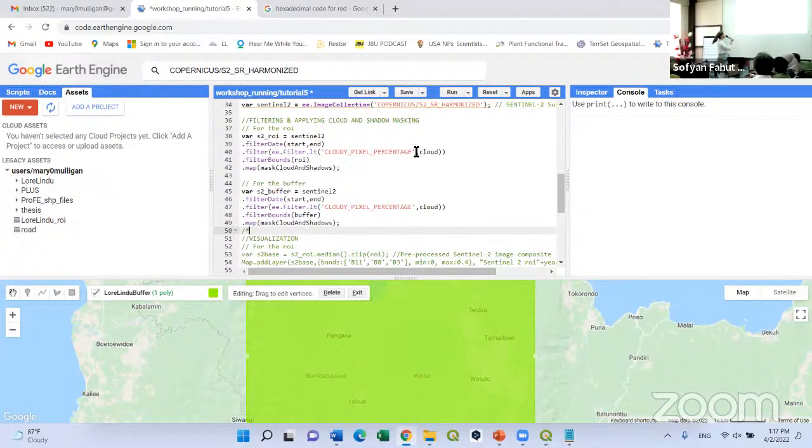This is exactly what we're doing here. So you see, we take this Sentinel-2 data, the variable that we created above, and we clip it. But we also clip the date, we filter for the clouds, and we map to remove the clouds. Okay. It's a little bit complicated,